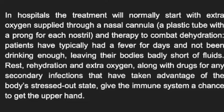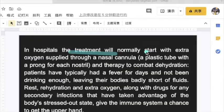In hospitals, a treatment will normally start with extra oxygen supplied through a nasal cannula and therapy to combat dehydration. Patients have typically had a fever for days and not been drinking enough. This treatment will normally start with...